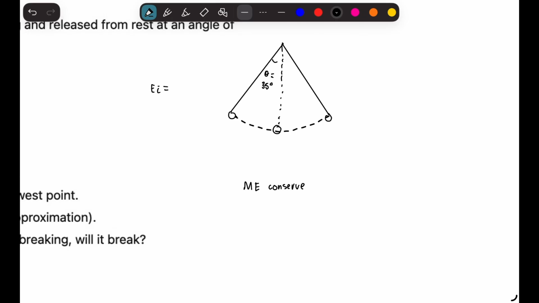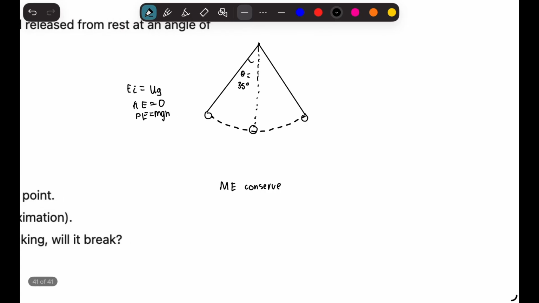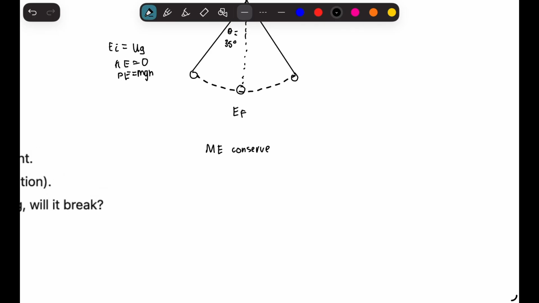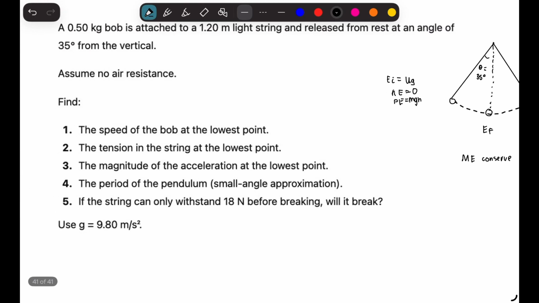Initially, what we have is kinetic energy is going to equal 0, and PE is going to equal mgh. You're going to have gravitational energy at the top. So we can write this equation as our UG, because we only have UG here. And then when you're at the bottom, we're not going to consider this other part because we're considering just these two positions